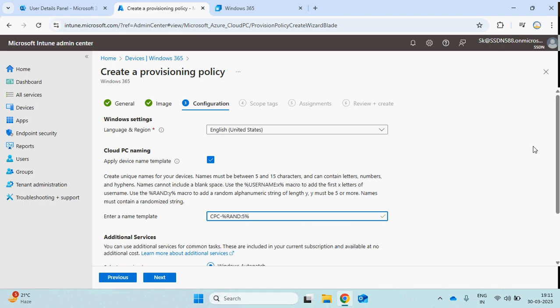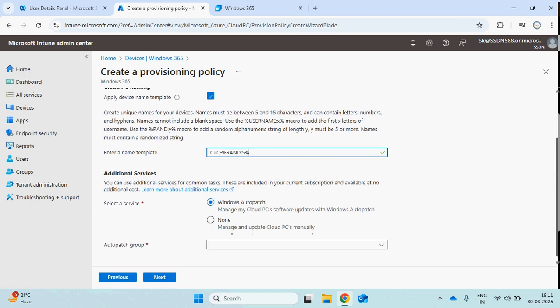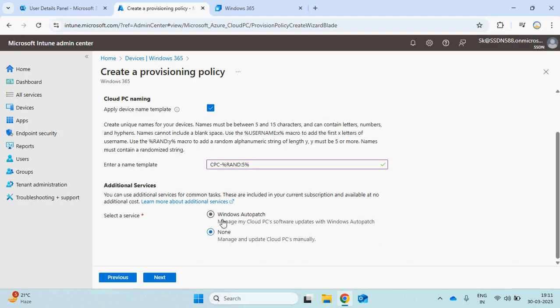So this is the name I want to give to my PC. Then there's an option: you want to do patching with the auto patch feature, or you want to manually install the patch. For selecting auto patch, you have to enable the auto patch service. For this, the PC will directly connect to Microsoft and get the latest patches from there.